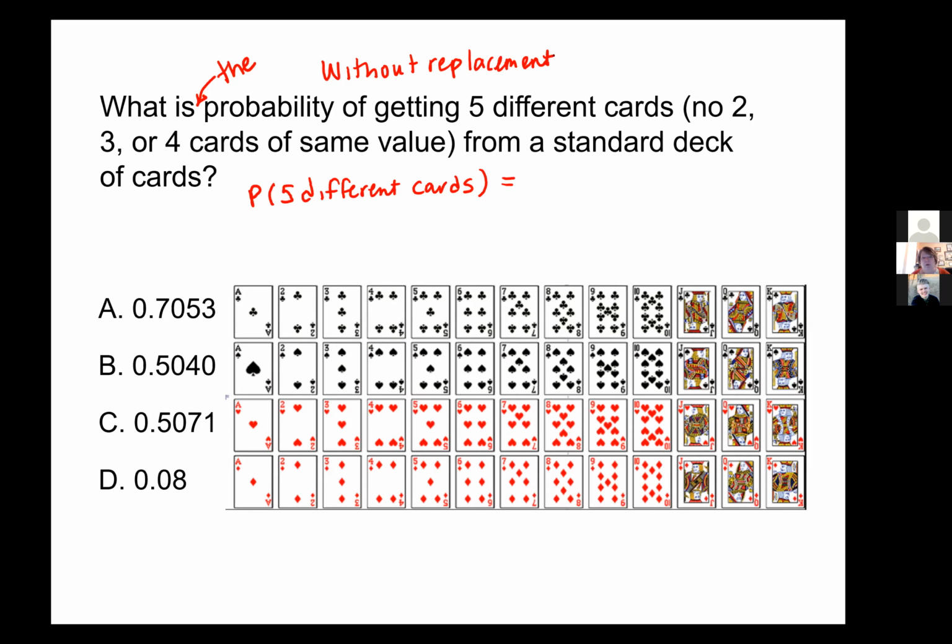There are 4 cards that are 2s. So there are 4 different cards that could be a 2. There are 4 different cards that could be a 3. There are 4 different cards that could be a 4, etc. Okay. So if I draw 1 card out of my deck, well, first of all, without replacement,